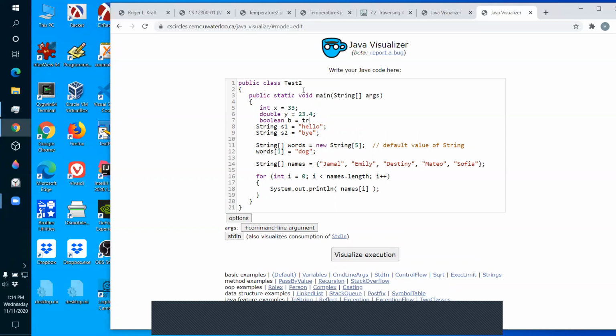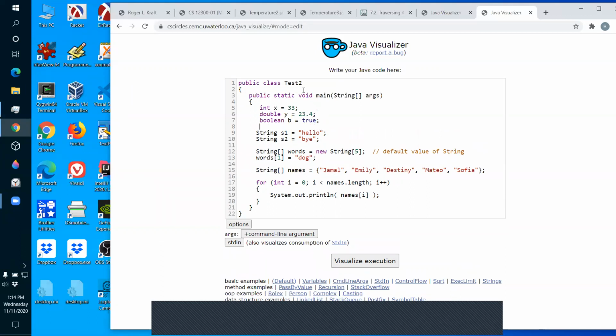What am I doing here? What are these guys? What do they all have in common versus these guys? What do those have? They're primitive variables. So what's true about it?